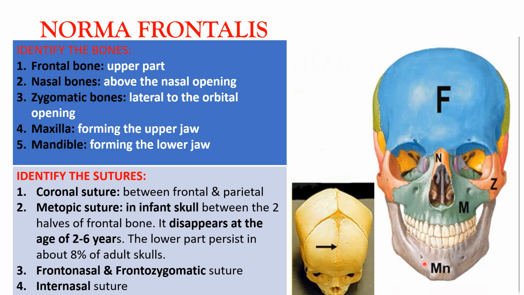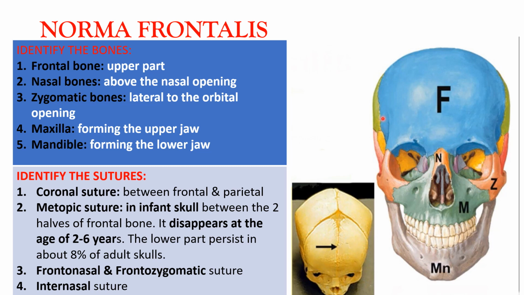The sutures. Now the first thing we identify is the coronal suture. So this is the coronal suture. You can follow my cursor. This is the coronal suture. The coronal suture is formed between the frontal bone and the parietal bone. So the parietal bone is in color green. The frontal bone is in blue. Okay, so the suture between the frontal bone and the parietal bone is the